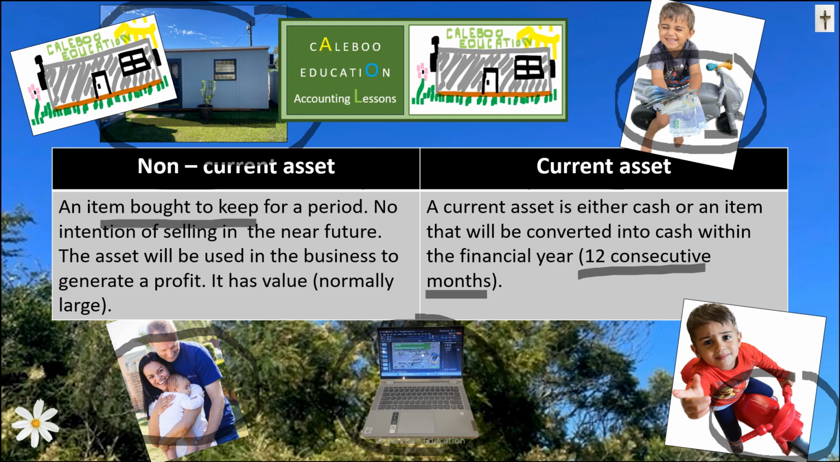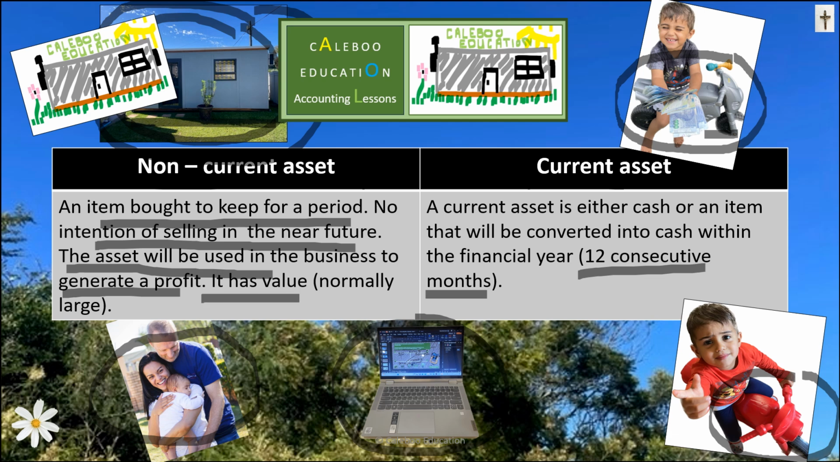It's an item bought to keep for a period of time. There's no intention of selling this asset in the near future. For example, my office, I intend keeping that for my lifetime. This asset, a non-current asset, will be used to generate a profit for my business,